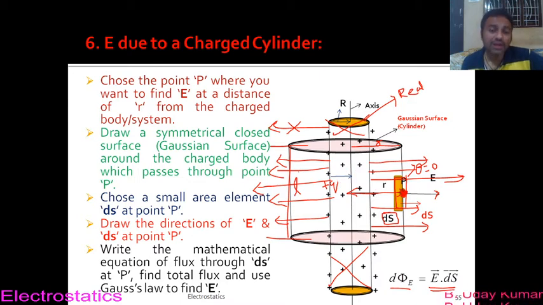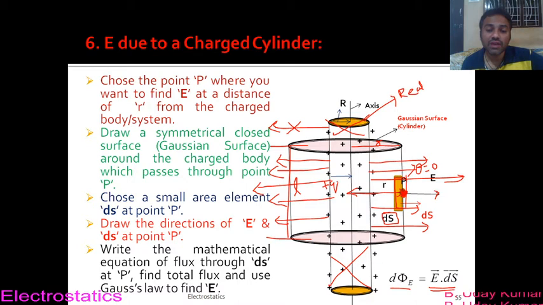So since I am choosing the total amount of charge present inside this Gaussian cylinder as q, and the length of the cylinder as L, now I can find the linear charge density. You already know the formulas, how to write the linear charge density, and I can even write the formula of volume charge density. I hope you got it, right? Why I have done those formulas in the beginning slide. Now you are getting it, I think.